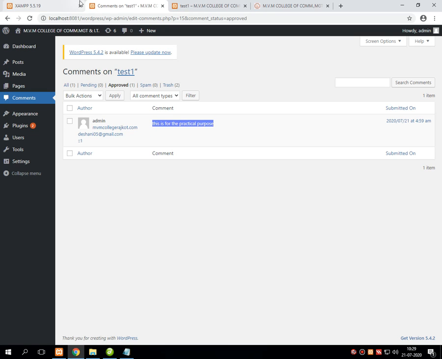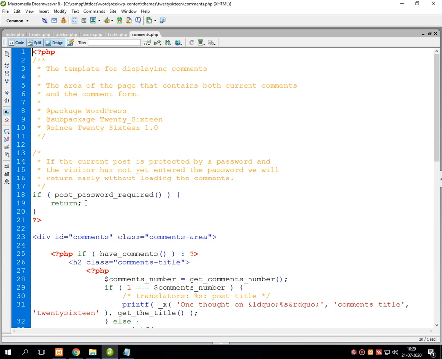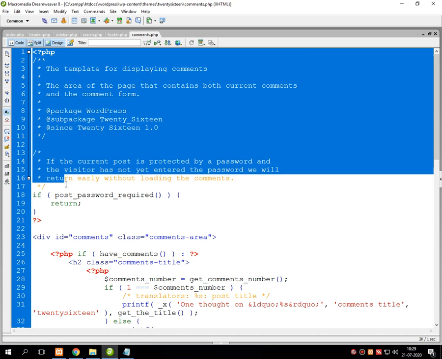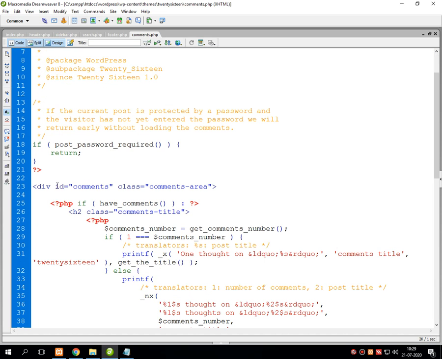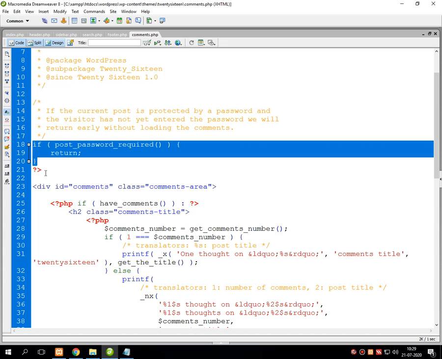So this entire functionality works by writing the lines of code into the comments.php file. Into the comments.php file, first it will check for the authorization access of a particular post. That means an owner of the post can have a password protection when they have created the number of posts.